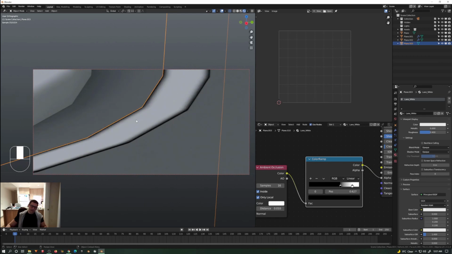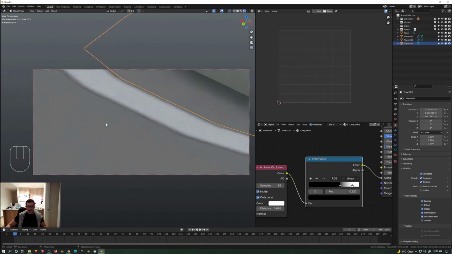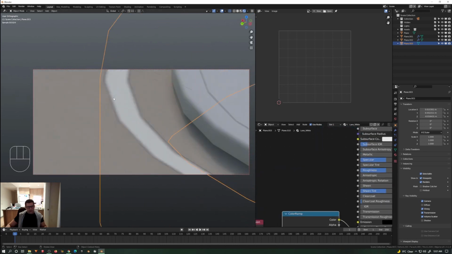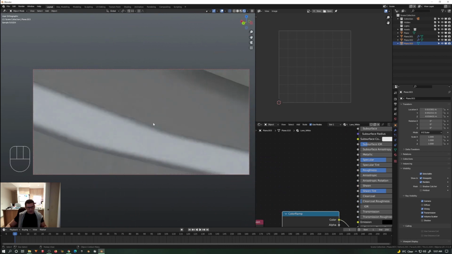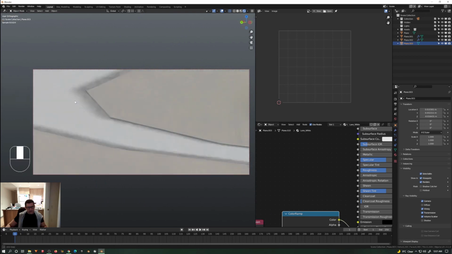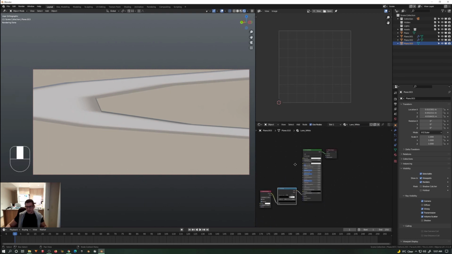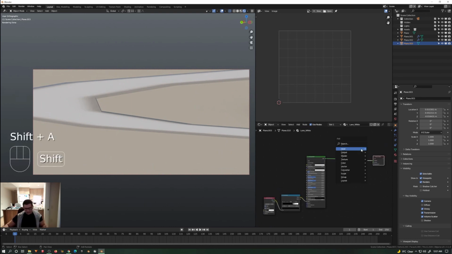Okay. But for now, we have shadows being casted, and we don't want to have shadows being casted, and we don't want to have any diffuse being casted. So now you can see that we have a nice blending material, okay? But we have these edges going on here. We don't want to see those edges, and the reason we are seeing that is because right now this material is being applied for everything, okay? So in this case we will get a transparent shader,